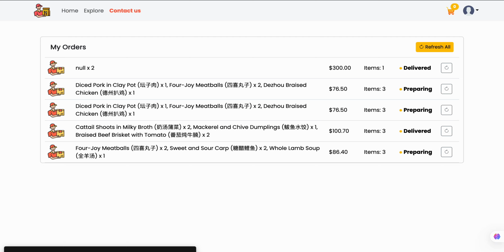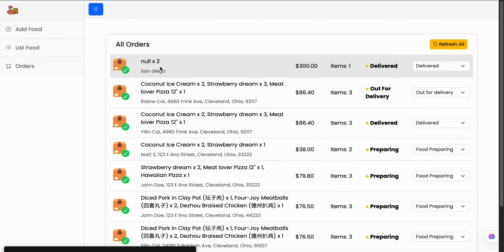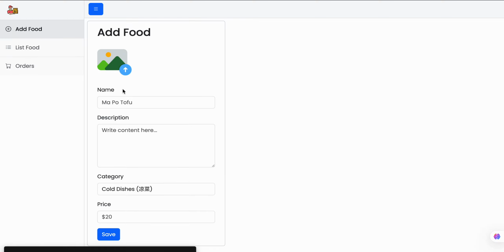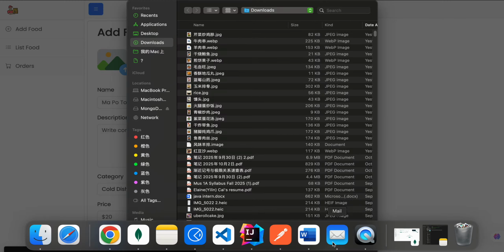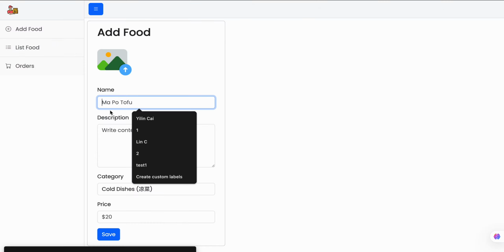So at the front end, I separated the admin panel into a different React project to keep things scalable and avoid performance issues. So let's go to our other front end, which is here. The restaurant holders can see here, they can add food here. When you click on add food, you can upload the pictures, and also you can add the